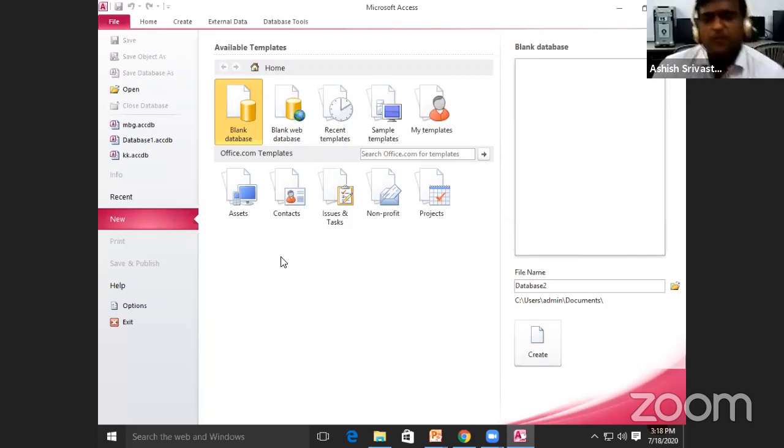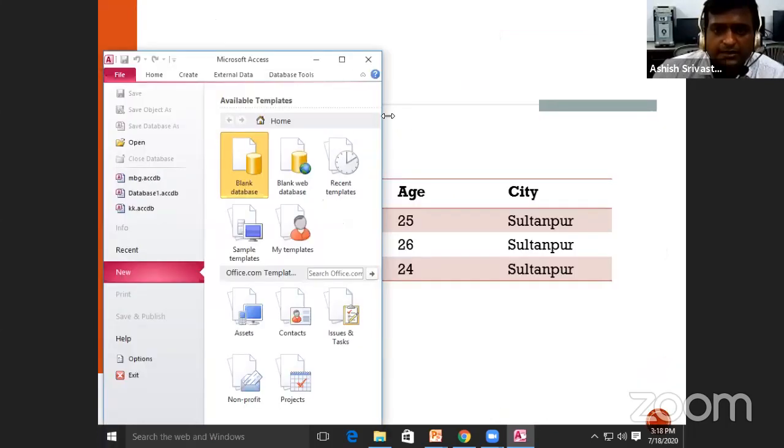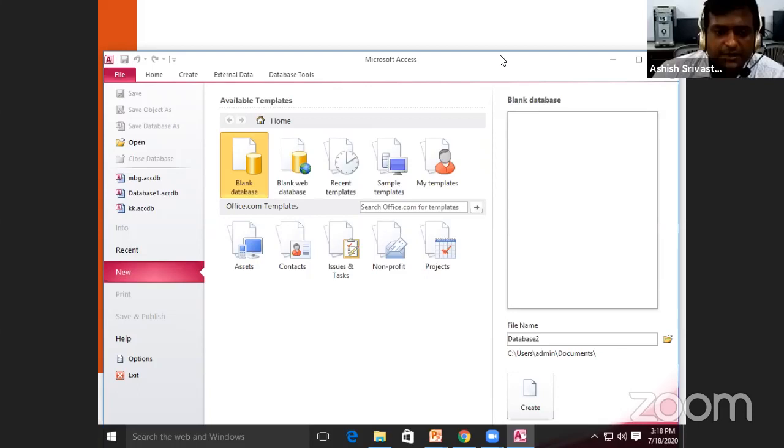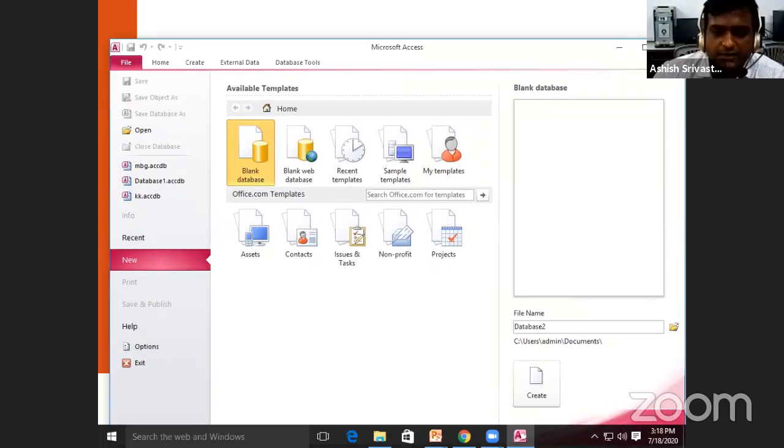जैसे कि MS वर्ड में हम कोई भी फाइल बनाते हैं तो वहाँ पर डॉक्यूमेंट फाइल होती है। एक्सेल में हम कोई भी फाइल बनाते हैं तो एक्सेल फाइल होती है या स्प्रेडशीट कही जाती है फाइल को। इसी तरीके से एक्सेस में हम जो भी फाइल बनाते हैं वो डेटाबेस फाइल कहलाती है। जब हम MS एक्सेस डेटाबेस ओपन करते हैं तो इस तरीके से एक ग्राफिकल यूजर इंटरफेस हमें दिखाई देता है।